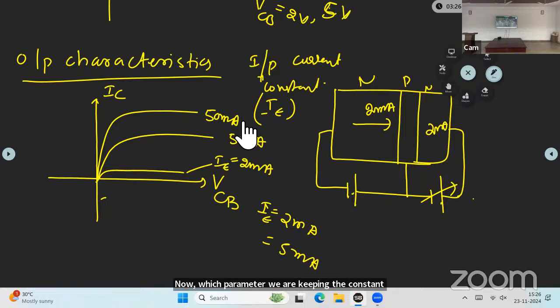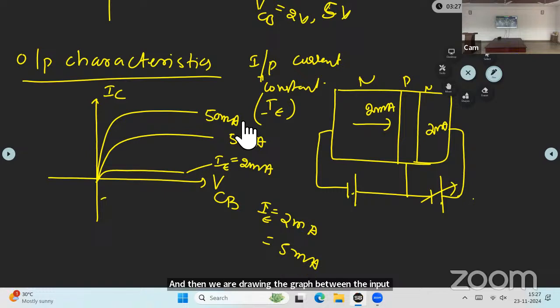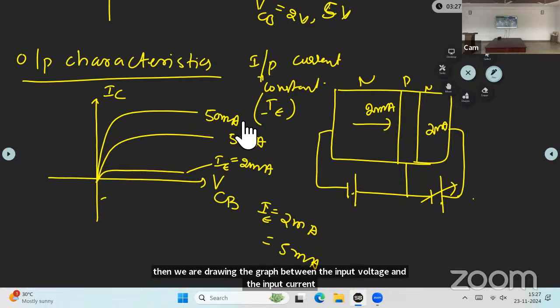Output voltage. To draw the input characteristics, we are keeping the output voltage constant, and then we are drawing the graph between the input voltage and input current. And coming to the output characteristics, to draw the output characteristics,